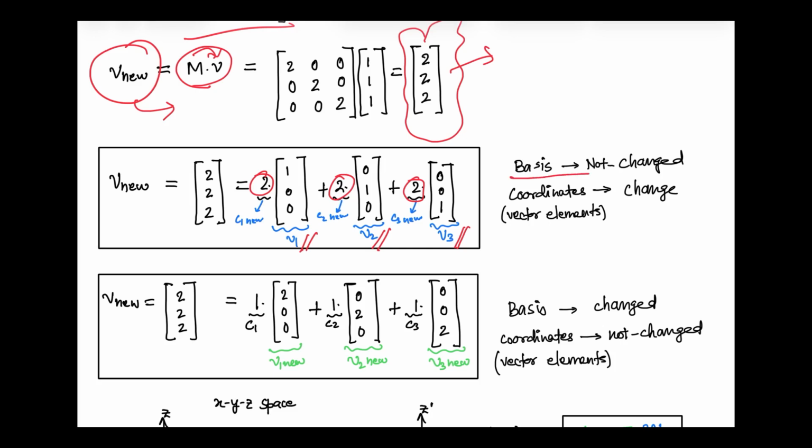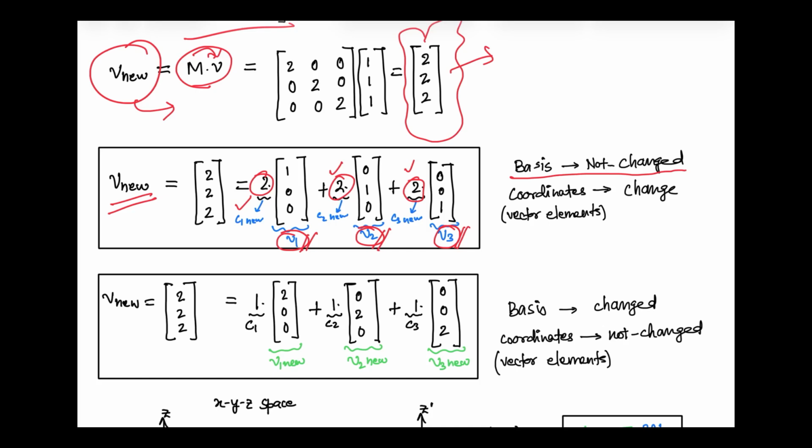This is the case where we have not changed the basis. So when we do not change the basis and look into the vector v new with respect to the previous basis vectors, we get an intuitive feeling of how the transformation operation is acting on the vector and whether it is scaling up or scaling down. In this case, since the coordinate values are increased by a factor,